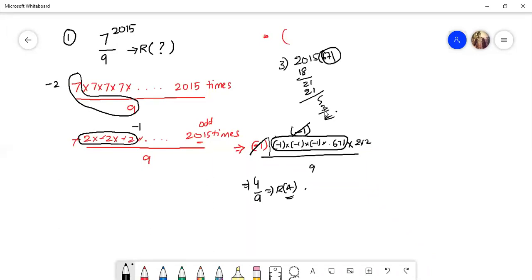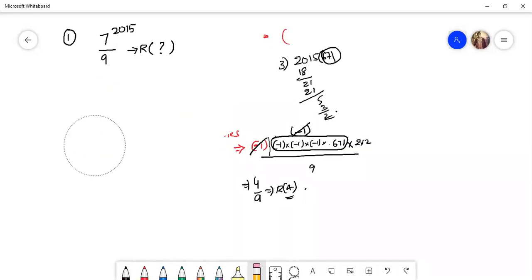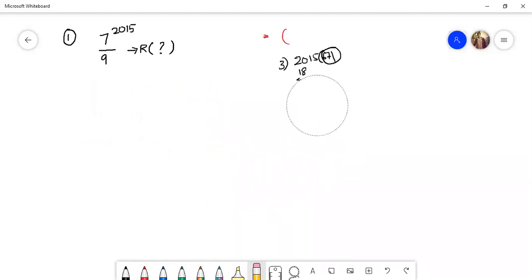Clear at this point? People who got 5, you are very close because you would have missed this minus 1 somewhere. Any one of the minus 1s you would have missed, because of which you got minus 4 by 9. You added 9 to that minus 4, you got plus 5 as the answer. Clear at this point? Anyone who has a doubt, please let me know quickly.